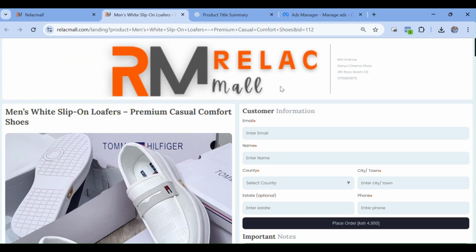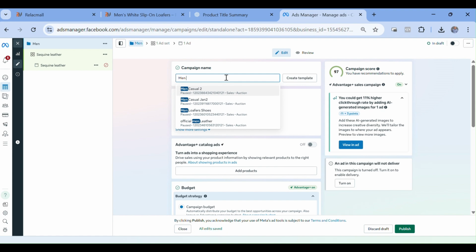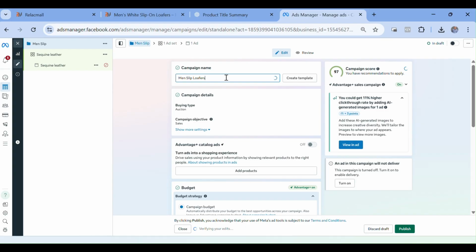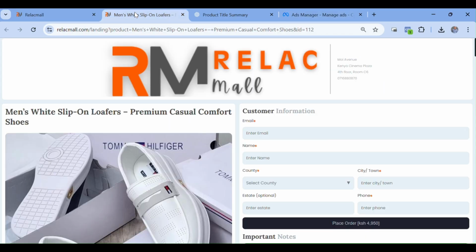So you change the title of the ad. You use any other name for the title of the ad. This one does not matter. You can use any name as long as you will understand. When you read the name, you will know this ad is for which shoe or which product. In this case, I'm calling it men's slip loafers, and I've realized in my title of the product